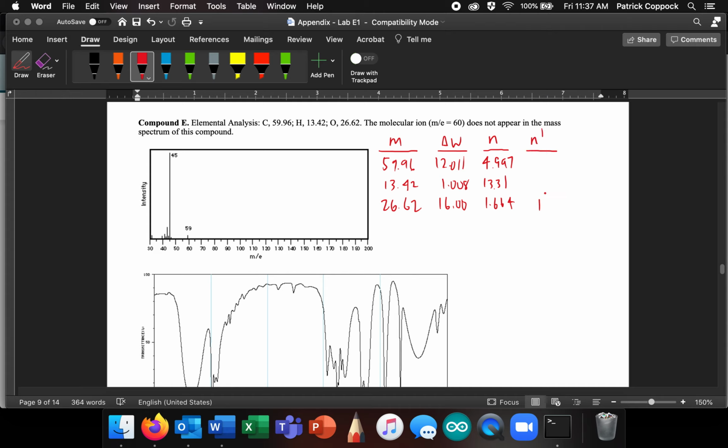So let's divide all of those by the smallest number to get the molar ratio. Oxygen goes to 1. 13.313 divided by 1.664 is 8, even. And 4.997 divided by 1.66 is equal to 3.01. So this is clear, okay? We can see that the empirical formula of this is equal to